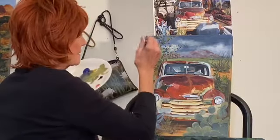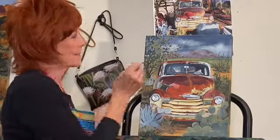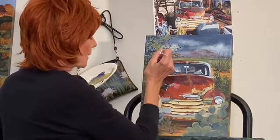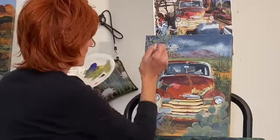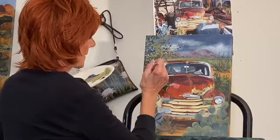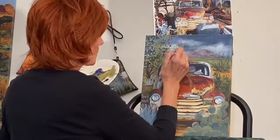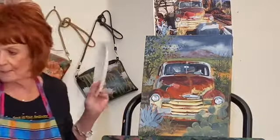Every painting doesn't need to have an exact light source as far as I'm concerned. I mean, if you're a realist painter, and it's all about your landscape and your real time, like a plein air painter, then that's important. But if you're just doing a painting for fun, then hey, you can create your own light source, as in the old, oh gosh, what was it called? Chiaroscuro. I think I remember those artists that I studied in college, that obviously I don't remember very well, but I do remember that word. Chiaroscuro was what meant no obvious light source. Well, I think I am done except for...